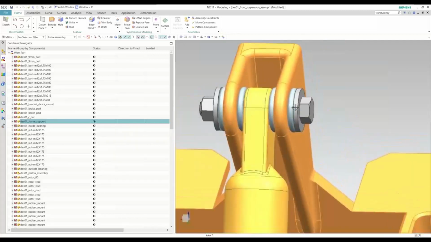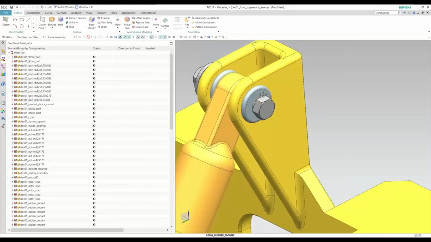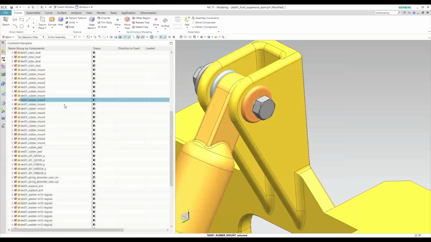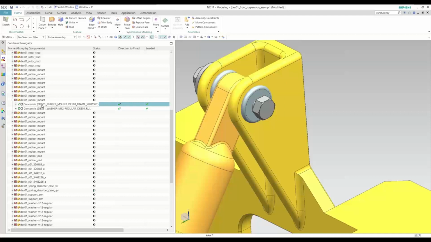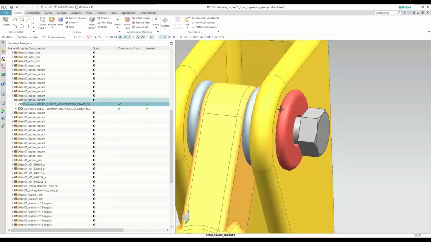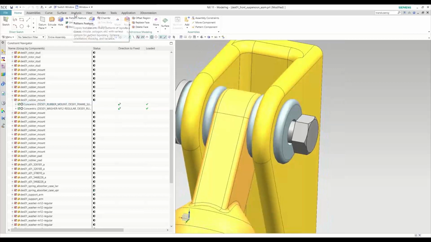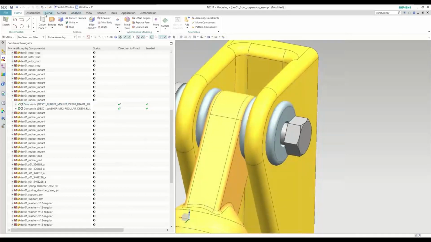So we have this rubber washer looking thing. So if we click on this, we see what's constrained, right? There's a concentric constraint assigned on the rubber mount, and there's a concentric constraint assigned on the washer to the rubber mount. So if we want to fully constrain this, we'll want to mate the interface between the clevis here and that face there. So we can go ahead and do that. But before we do that,